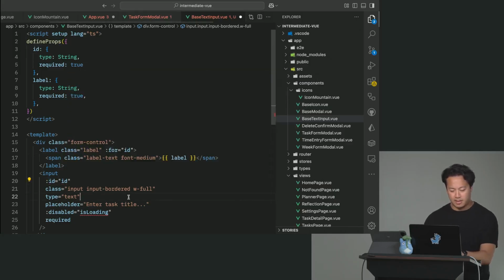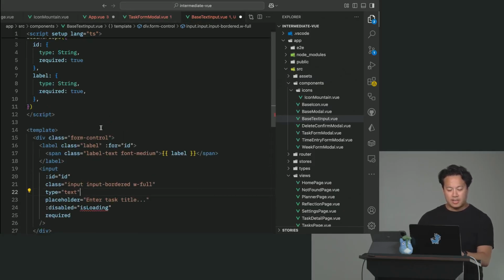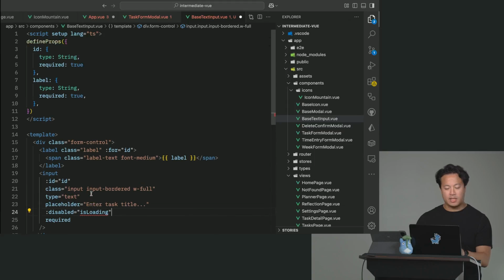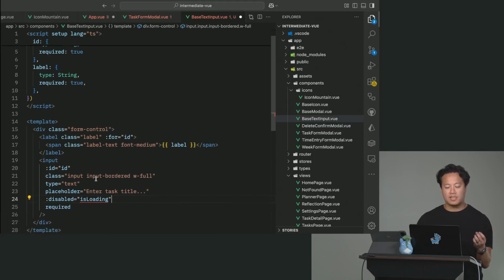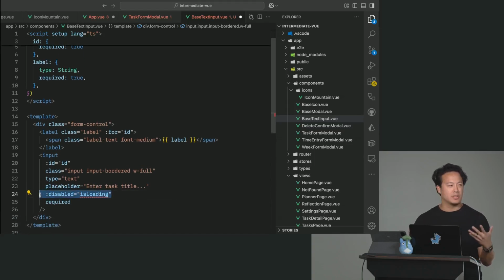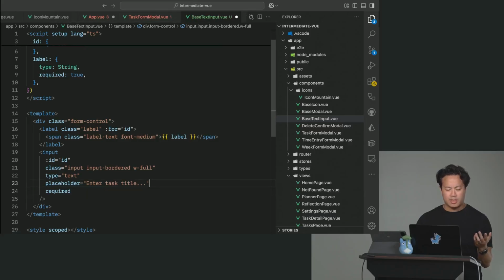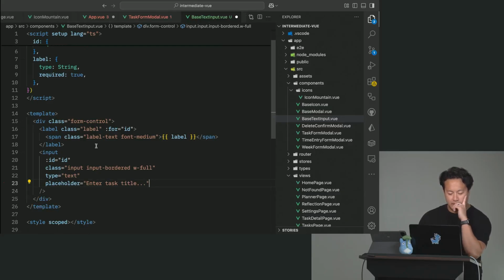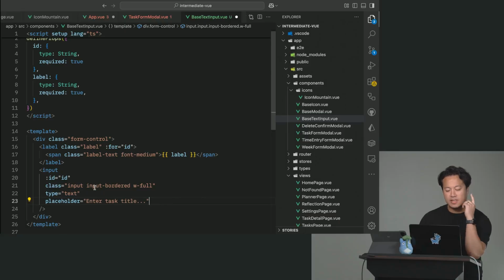OK, so that's good. Whether it's disabled or not, that is something that you would think you want to define, but honestly, this is something we would want to just pass through because this is part of the native input. And so not something you necessarily want to configure. And whether it's required or not, you also think that should just be passed through as well. And so then you're also probably thinking, OK, well then, in fact, what I really